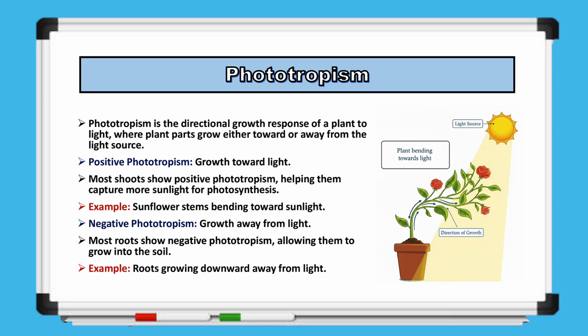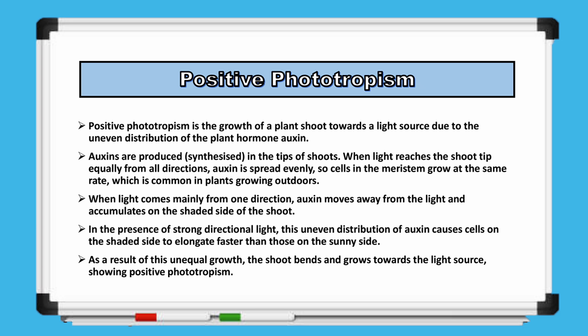Positive phototropism refers to the growth of a plant shoot towards a light source, which happens because of the uneven distribution of the plant hormone auxin. Auxin is produced in the tips of shoots. When light falls equally on the shoot from all directions, auxin spreads evenly throughout the tip. This causes the cells in the meristem to grow at the same rate, which usually happens in plants growing naturally outdoors. However, when light comes mainly from one direction, auxin moves away from the light and gathers on the shaded